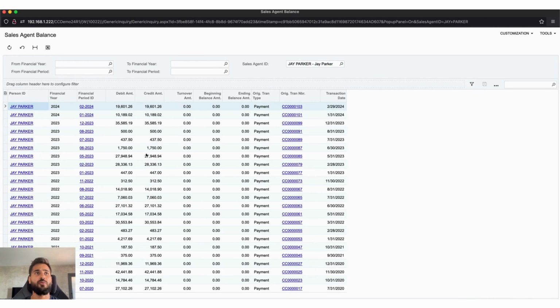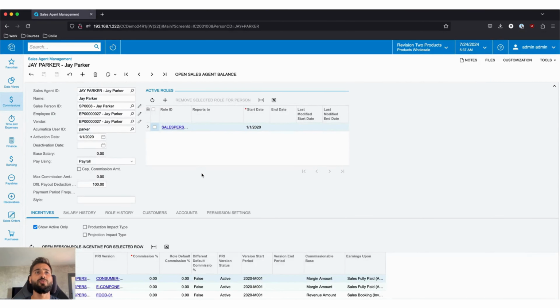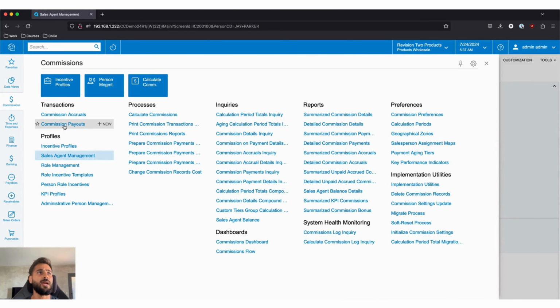In all these scenarios that we have right now, the debit amount is equal to the credit. That is the reason the turnover is 0. In other words, we have paid Jay the amount of money that he has earned in all the periods from the past, okay? In our example, we're going to change that behavior and we are going to see how this sales agent balance table gets updated. So in order to process draws for a salesperson, we need to enter a new commission payout